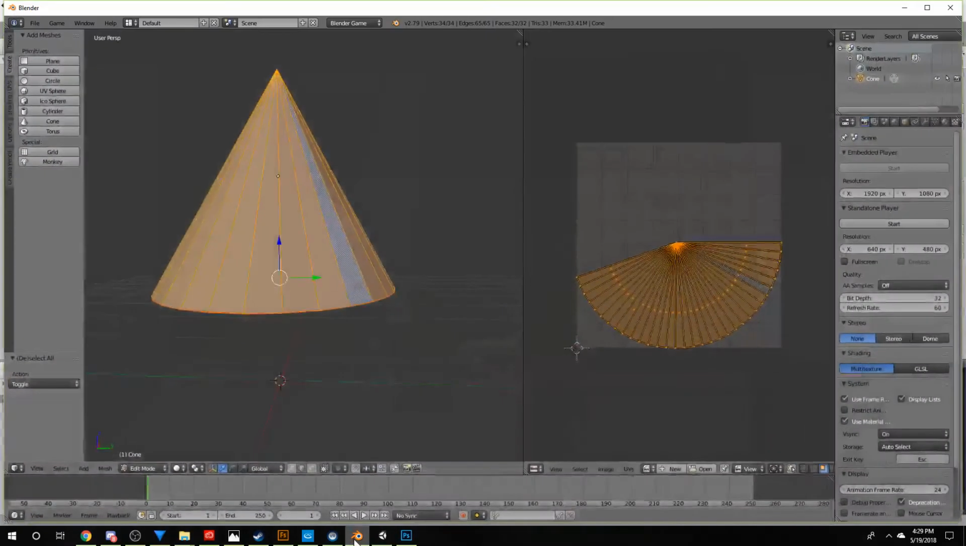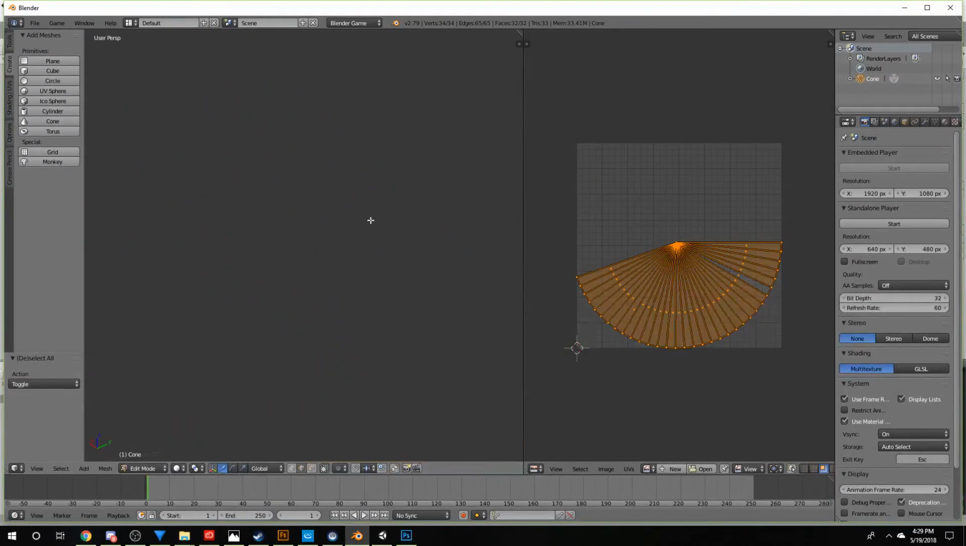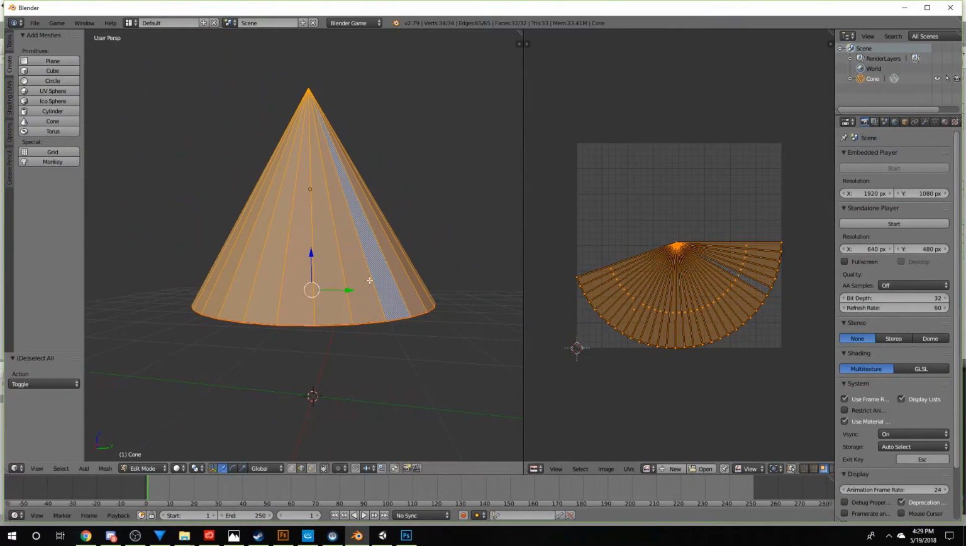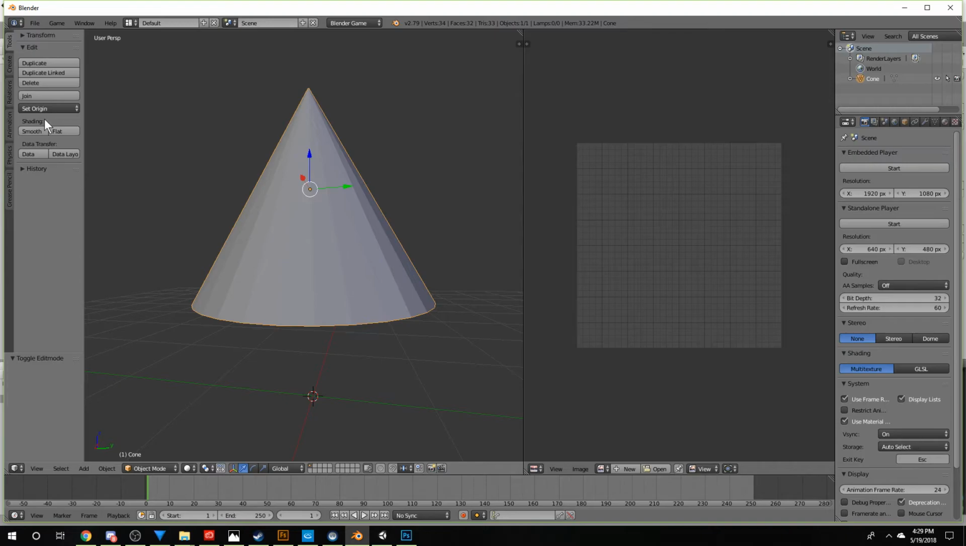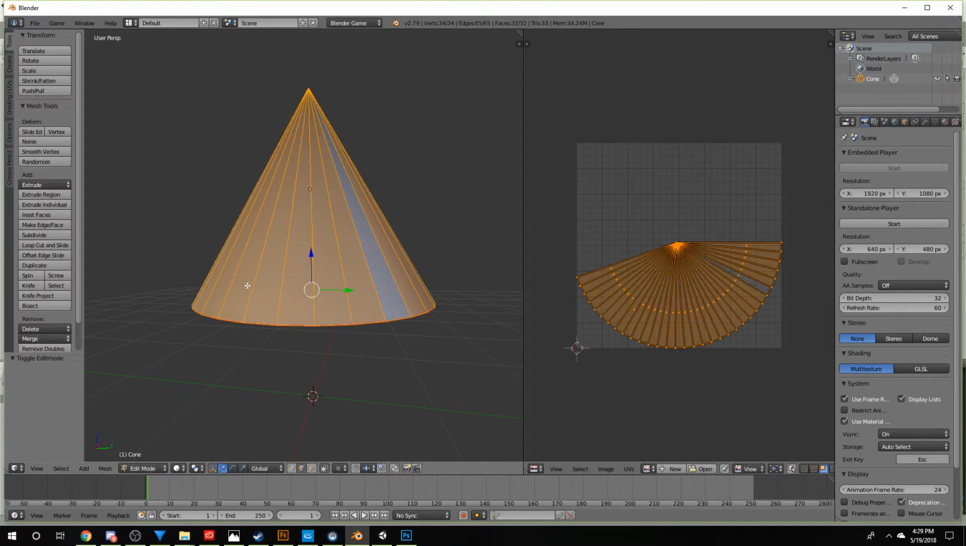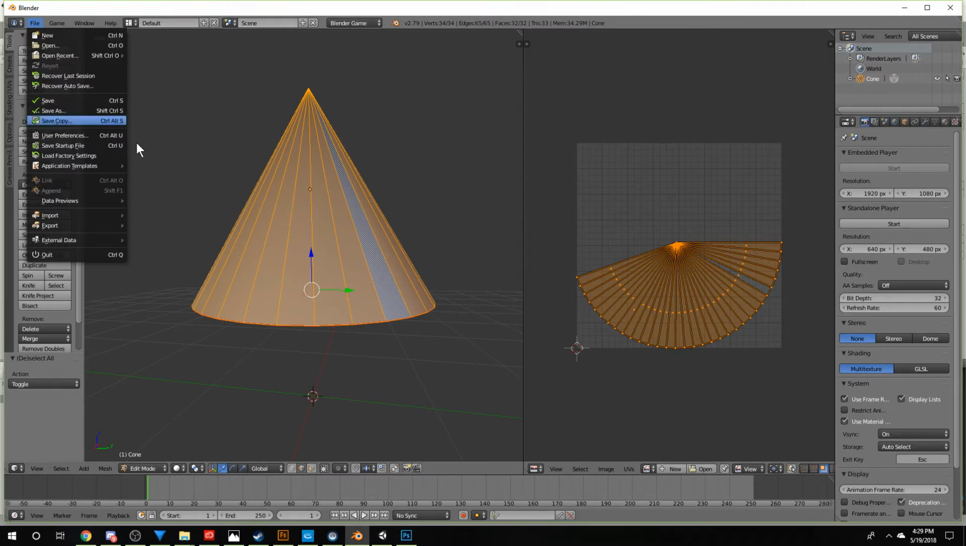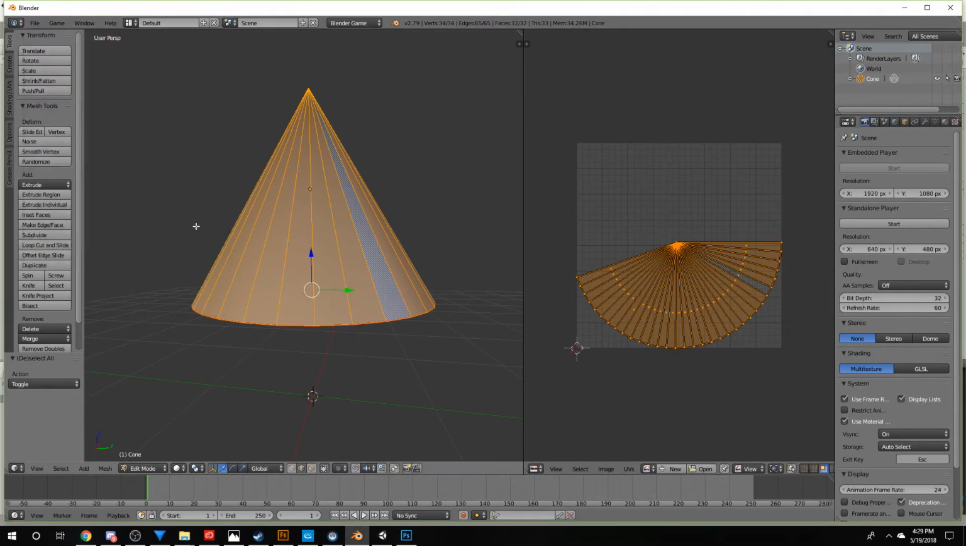And if you go back into Blender, what you could do is go into object mode, and then you go to tools. You can go to smoothing, smooth, and then you can go back to edit mode, and then you can actually just export the